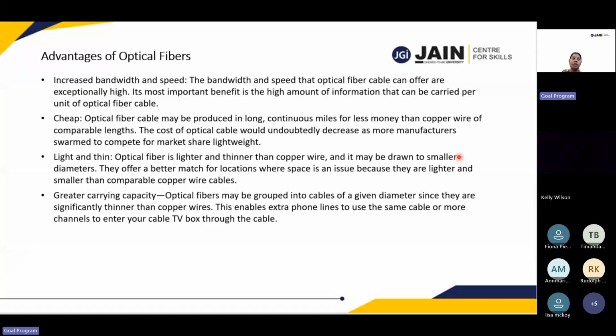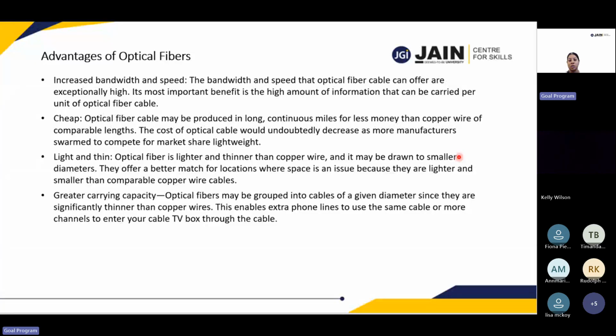If the size of the bus is very big, for example, I have a capacity of 80 members, suppose a double decker bus is there. So how many students can I send from one location to another at a time? 80 students, right? So this is what bandwidth is: how much data you can carry, you can send from one location to another. If bandwidth is high, it can carry a large amount of data at a time, and the speed also